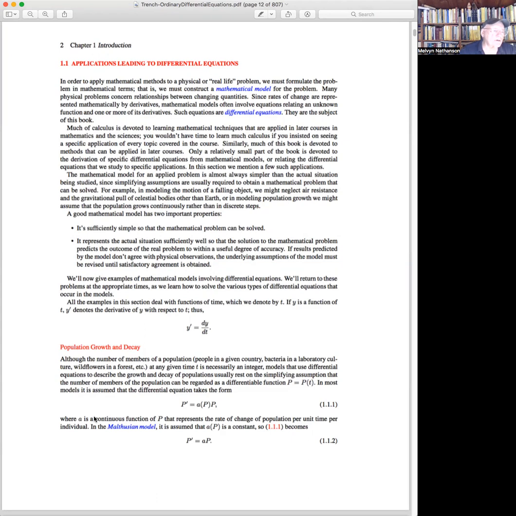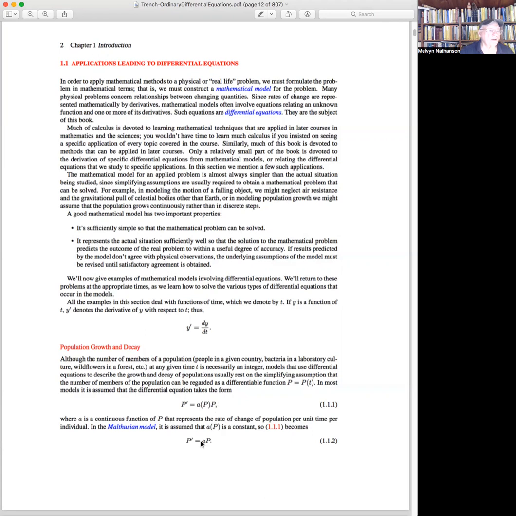We want to be able to say something about how large that population is at a given time. So we're looking at a function, we're using now capital P for the population at time t. And very often, what we know is something about the rate of change of the population. Like P prime, that's the derivative, dP/dt, is maybe proportional, alpha of P or A of P, times the